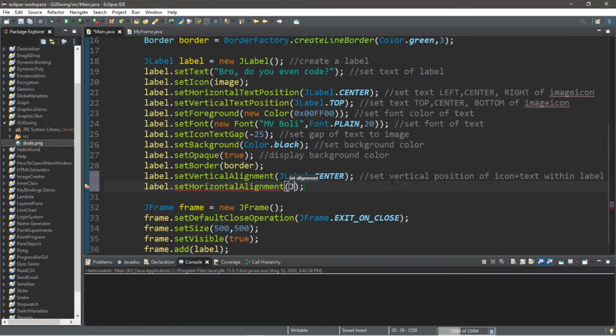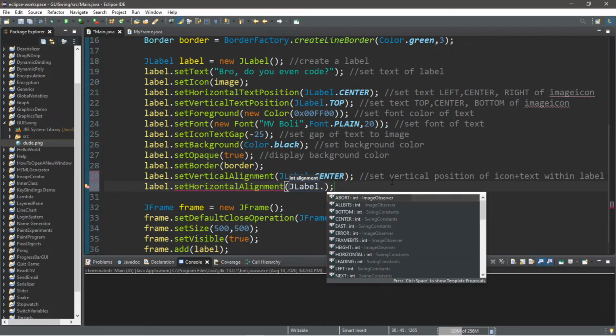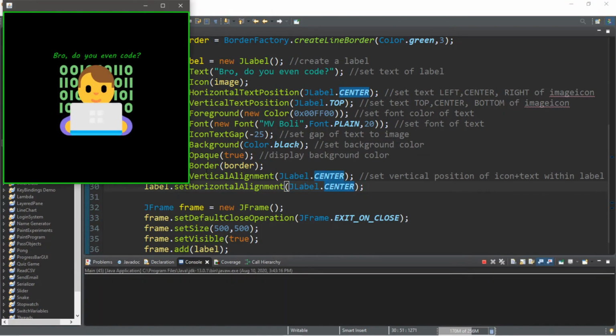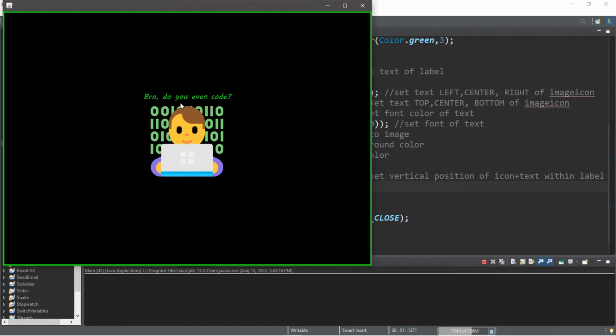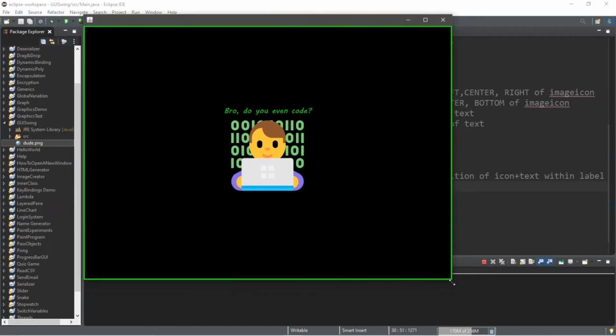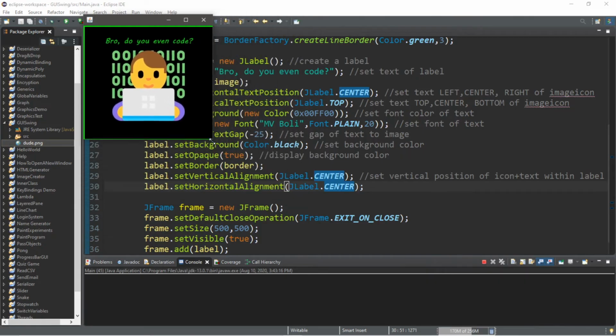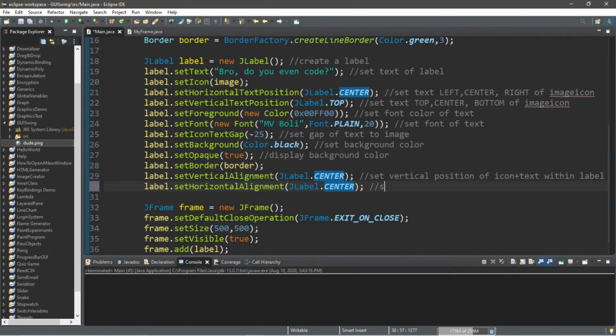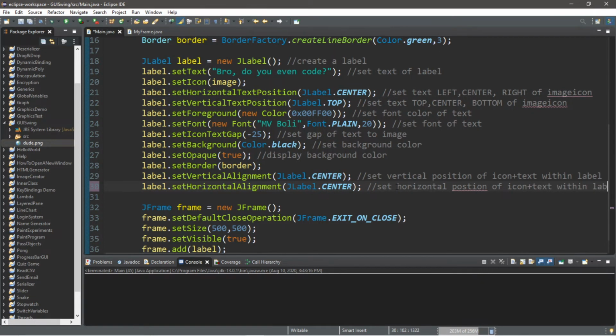So I'm just going to set this to center. So label dot center. So now this text and image will always stay in the center of our label, even if we were to resize this frame. So this will set horizontal position of icon plus text within label.